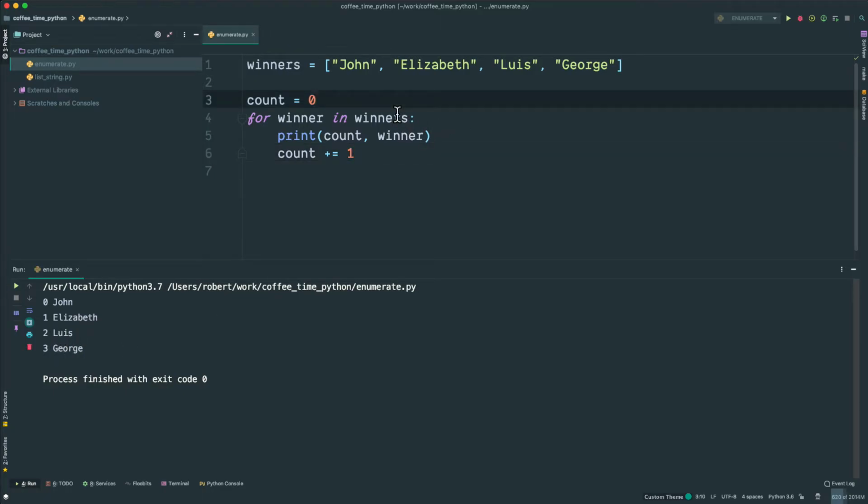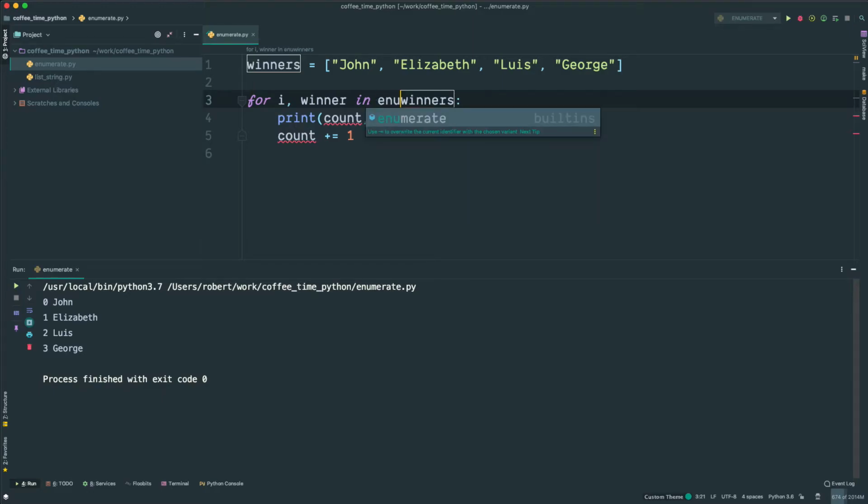But there is a better way in Python to do this. So what we can do is, let's get rid of this, and instead we do for i, comma, winner, where i will be our new index and winner will be a list element, and then we will use enumerate, and this is how you use it. You put an iterable first, which in our case is winners,